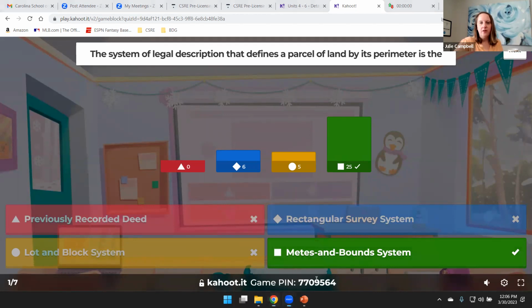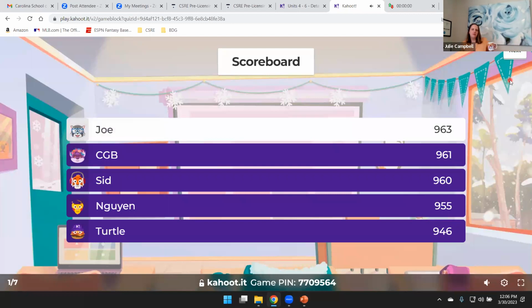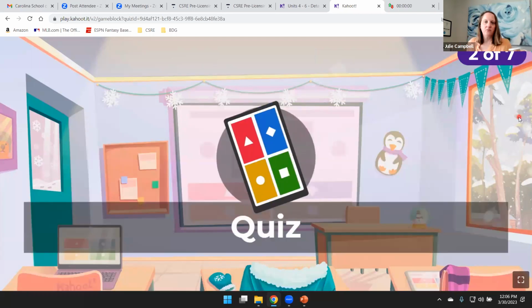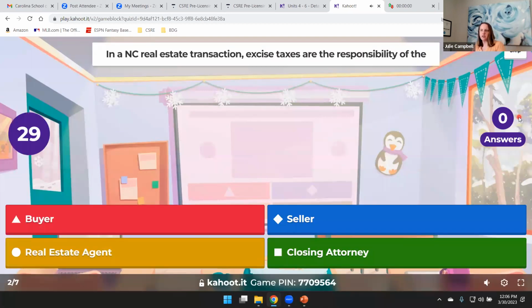So let's see who got it right the fastest. Joe came in first, followed by CGB, Sid, Nugent, and Turtle. Question number 2. In a North Carolina real estate transaction, excise taxes are the responsibility of the